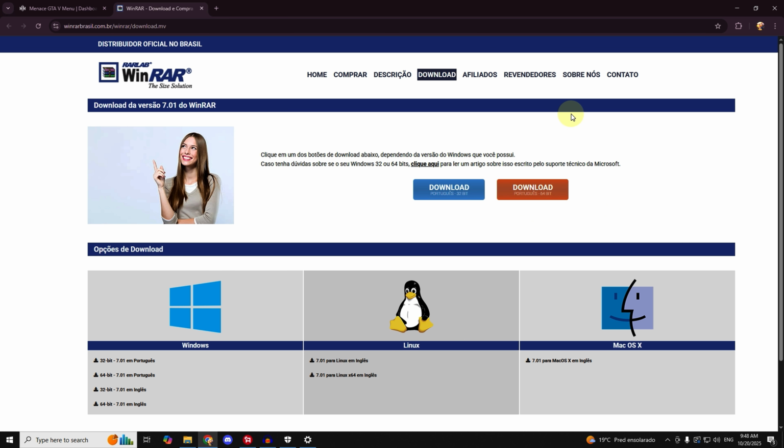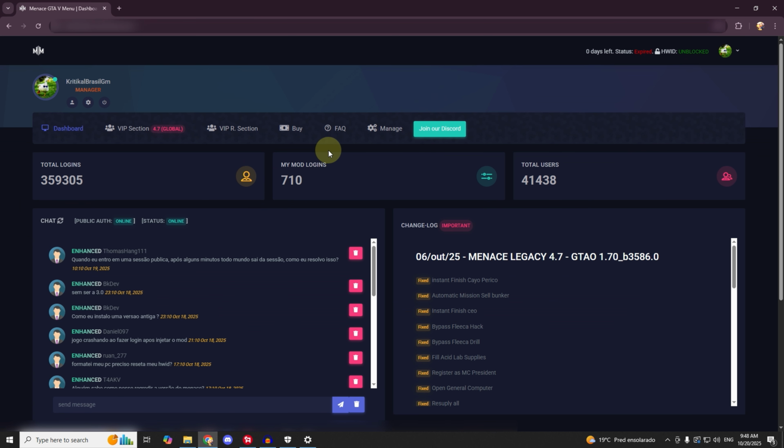To make it easier for you, remember that this is the official website from WinRar. I'm gonna put it down in the description of this video to make it easier for you to download the correct WinRar. After you downloaded the WinRar correctly, you'll be able to come and actually download the files from the mod